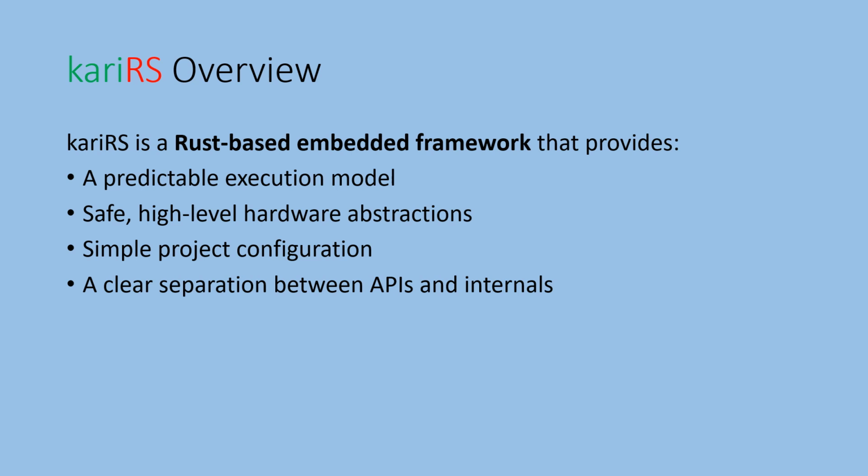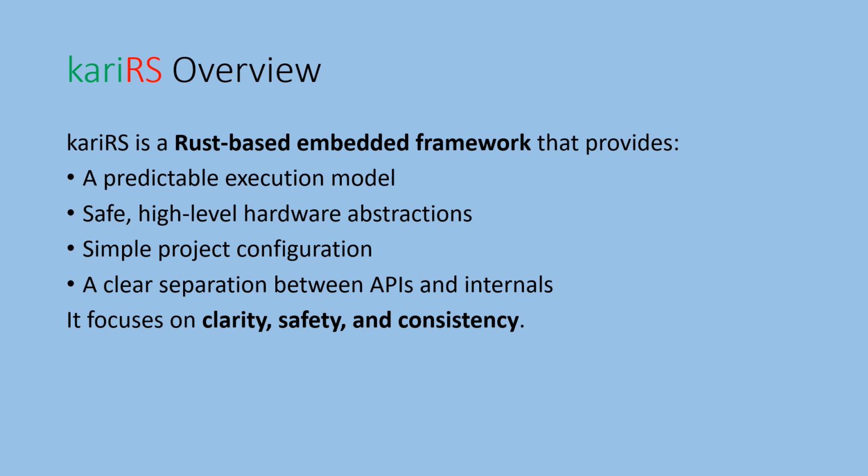Based on that, you do not expect that tomorrow kariRS has changed a certain API to be different. No, it will still be the same, just the internals are changing and the implementation just changes, but the same API works the same for your code and under the various versions. So that's the predictability and the reliability that kariRS offers. It focuses on clarity, safety, and consistency.